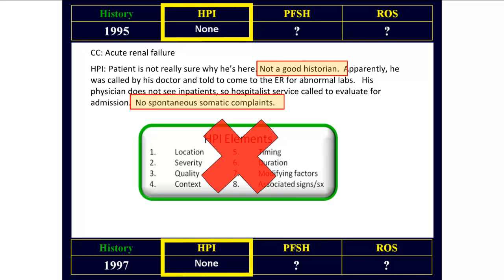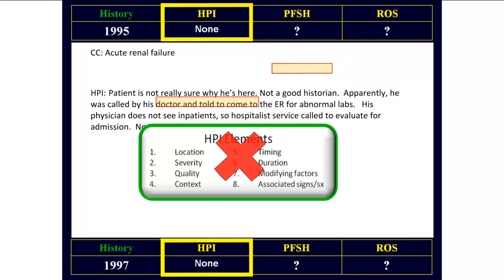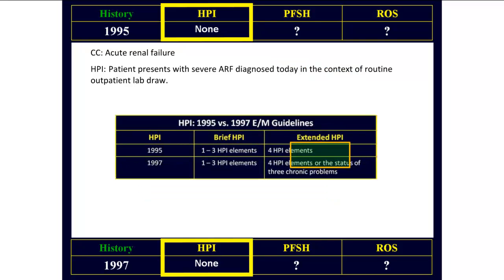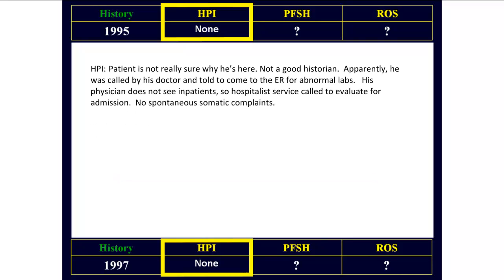can use the HPI elements to describe the actual history of the present illness, which in this case is renal failure, i.e., we could say HPI: Patient presents with severe acute renal failure diagnosed today in the context of routine outpatient lab draw. Here we clearly document the severity of the problem, the location, the duration, and the context. This adds up to 4 HPI elements, which would allow us to qualify for an extended HPI using either the 95 or the 97 guidelines. But unfortunately, this doctor did not do this, so we're stuck with what he wrote, which leaves us with no